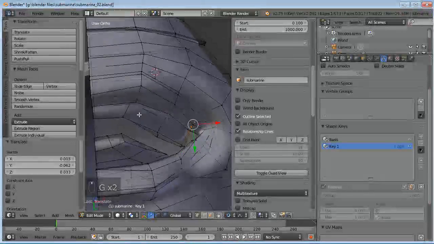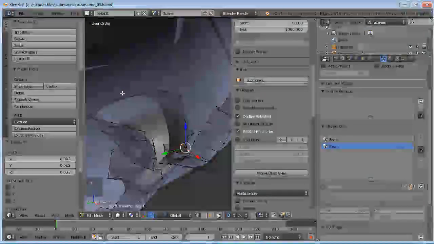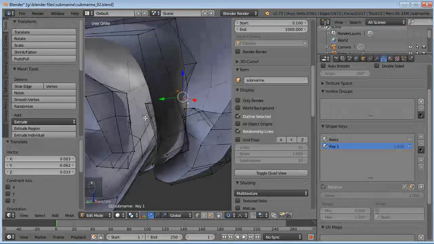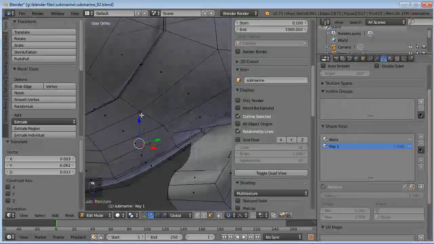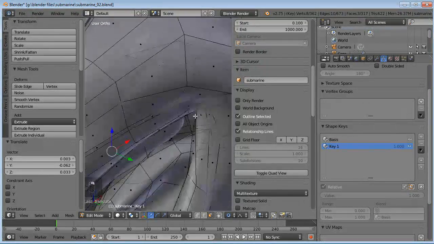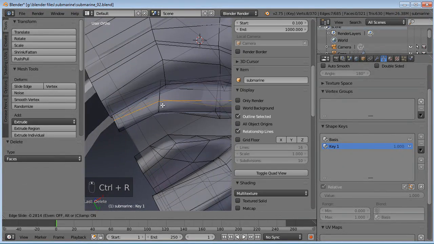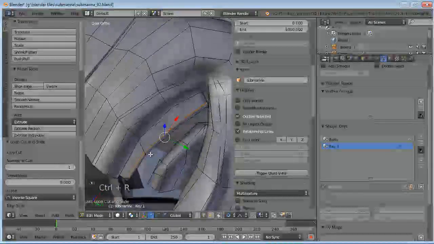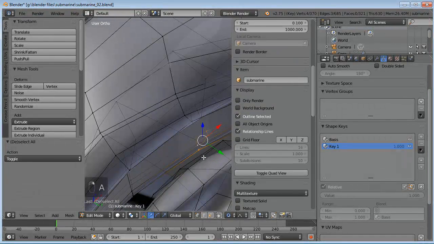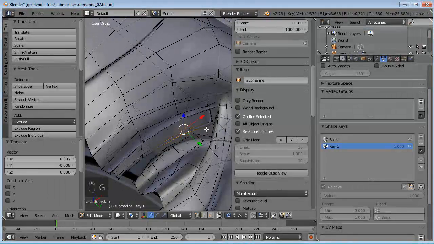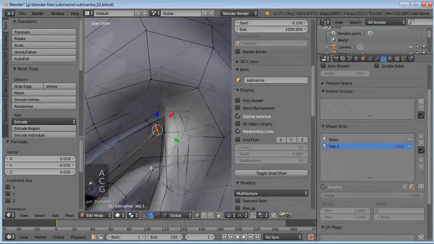I'll tell you what we can do, another thing, just like we did on the housing for the eyes, we don't need the bottom of that, and we don't need the tops of the teeth, so it doesn't have to be filled-in geometry there. So we can go ahead and delete that, and that'll straighten up the top edge as well. Then we can add in a loop along the bottom edge, so it's a nice flat surface there. So we select all these here, kind of just get this moved around until it's about the shape we actually want.